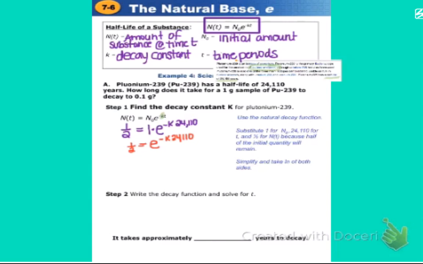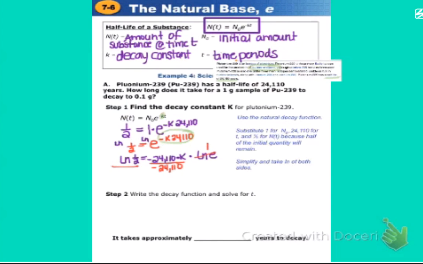Well, this is an exponential equation, and so we're going to take the natural log of both sides. I'm using natural log because I'm dealing with e, so why not use the natural log? So this is the natural log of 1/2 on this side, and if I use that power rule to bring this down in front, it's negative 24,110 times k, times the ln of e. Well, remember the ln of e is just simply 1, and so to solve this for k, I need to get rid of the negative 24,110 in front of it, so I'm going to divide by negative